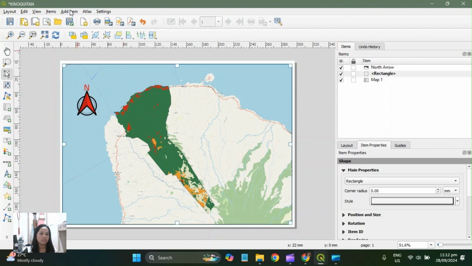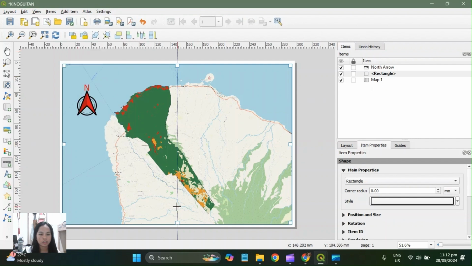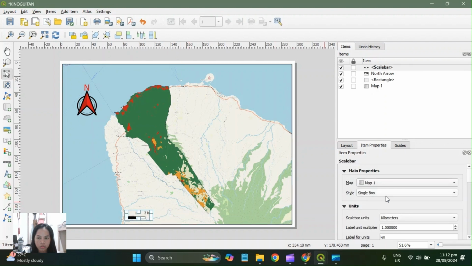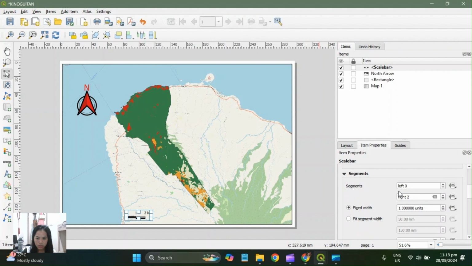And then another add item for the scale bar. Anywhere you can input the scale bar. In my case, I would have the scale bar here. In the properties, it's double box. The scale bar units is still kilometers. For segments, I would like to put 3, and also here 3.